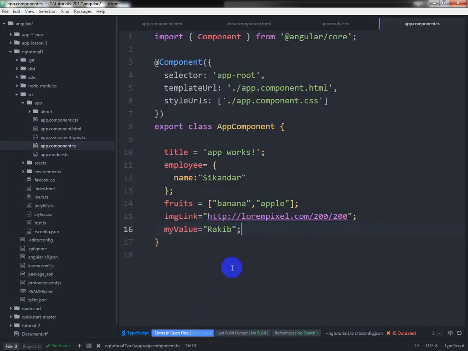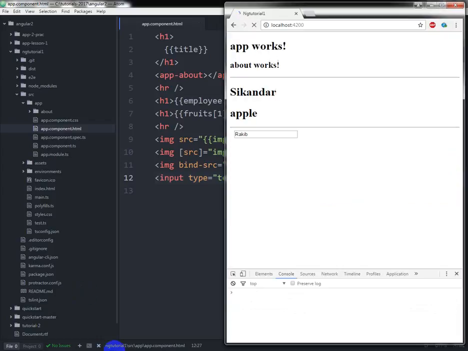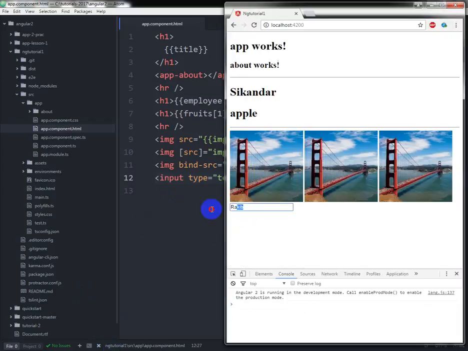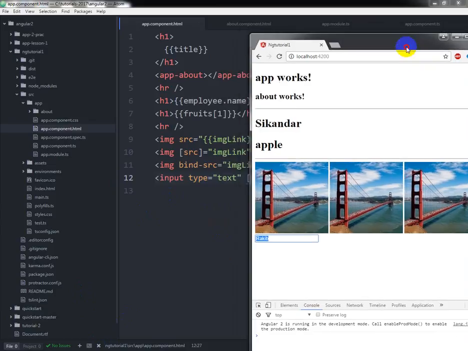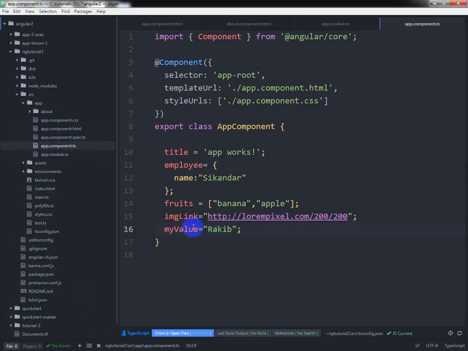And here I am just binding it with the third bracket. Now see what happens. You see, the value is coming from our app component ts file. So this way we can bind the property,